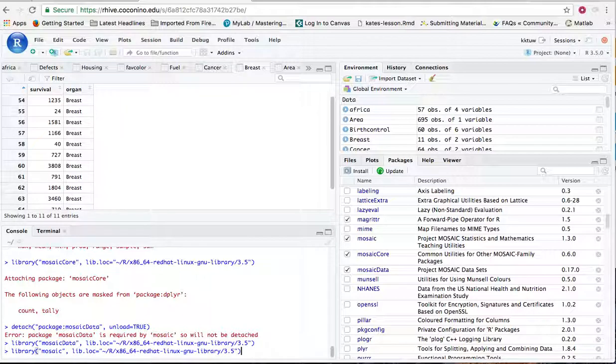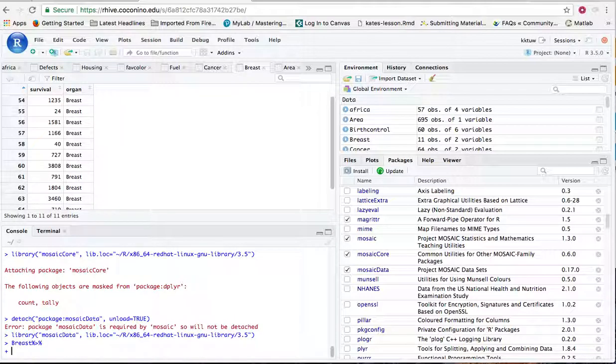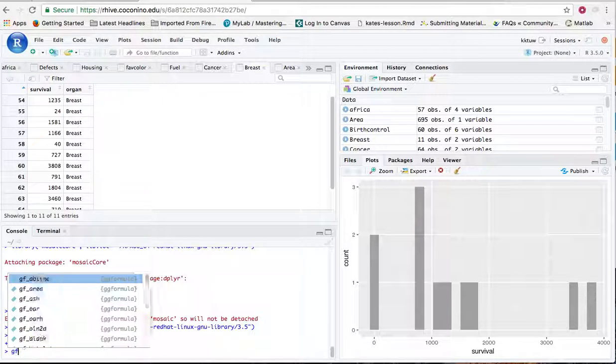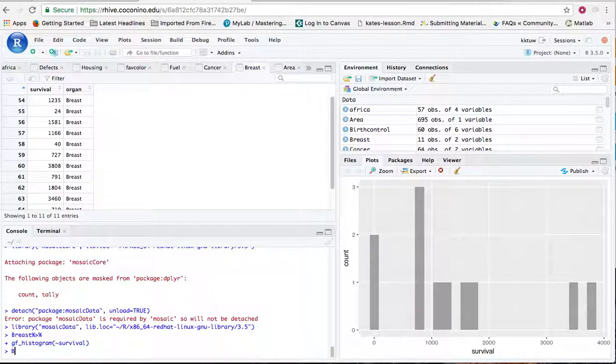So now I can arrow back up till I find the command I want, and my breast was my data set, and my command was to do a gf_histogram, and there is the survival time for just breast cancer. And again, you can put a title on that, so you could go back up and do a title if you want to. You can also do all the other ones. Remember to start with your data set so it knows where the data comes from,